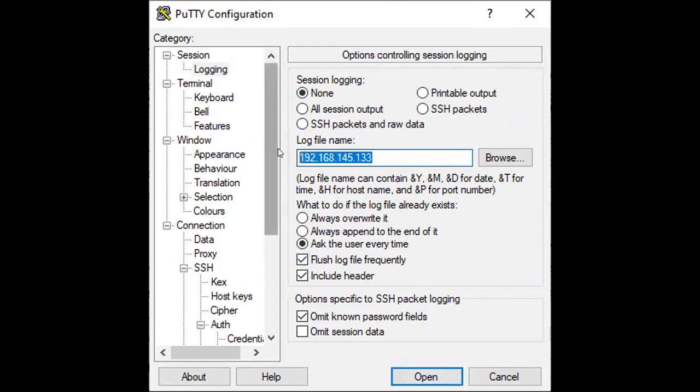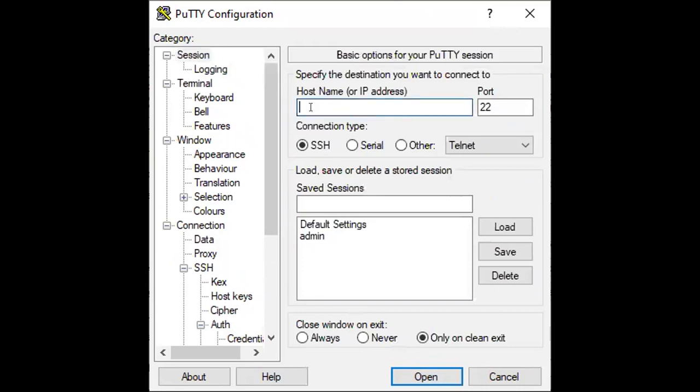Go to Session and here enter the IP address.